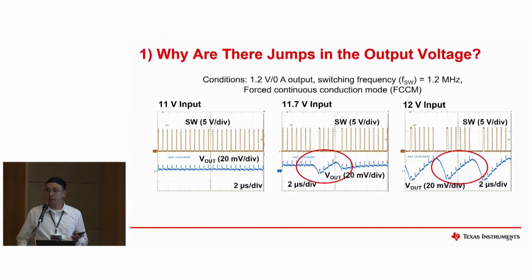So it has a stable, fixed switching frequency through the entire load. As you can see here, at 11 volts input, there's steady switching on the switch node, with a steady ripple on the output. But when you increase the input voltage, you see a ripple or a drop on the output, and then suddenly there are some skipping pulses on the switch node. As you further increase the input voltage to 12 volts, this occurs further. So does anyone here have an idea why this is happening in this buck converter design?